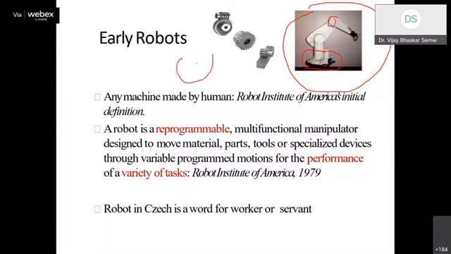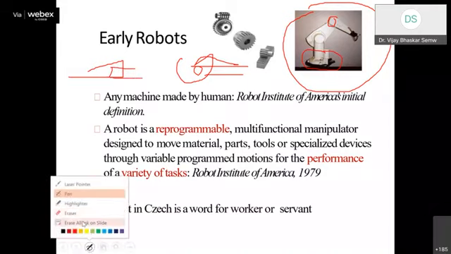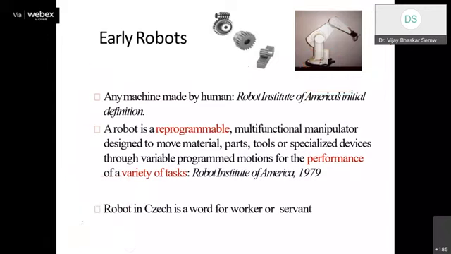There are two kinds of joints. One is a revolute joint, around which we rotate. Another is a prismatic joint, in which we slide over one another. Generally, most of the robots have revolute joints. The importance of the revolute joint is that it helps us to achieve the